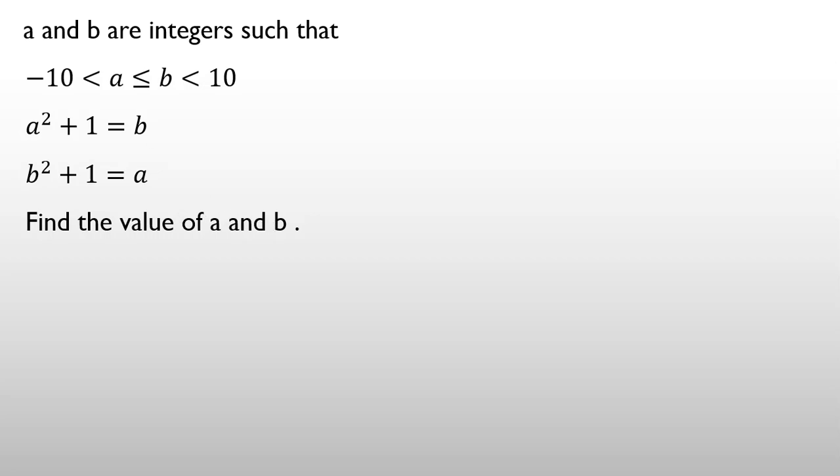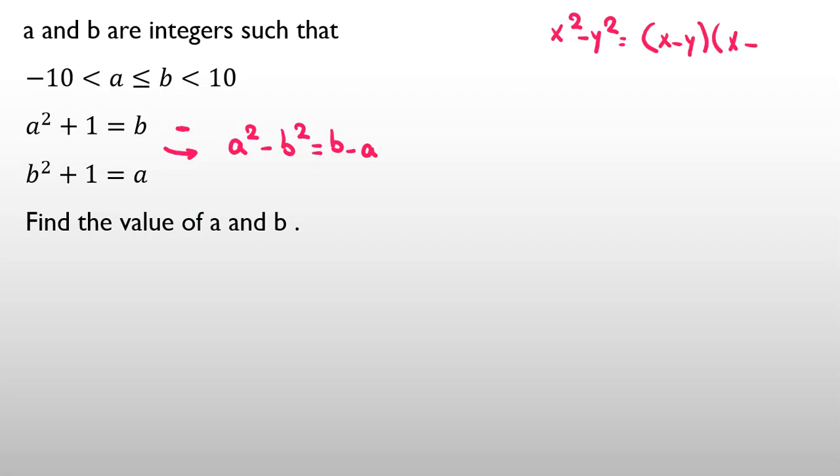When the equations are similar like this, one important thing is to subtract. So the left hand side will be A squared minus B squared. The right hand side will be B minus A. We have a famous identity that x squared minus y squared equals x minus y times x plus y. So if we use this, the left hand side will be A minus B times A plus B equal to